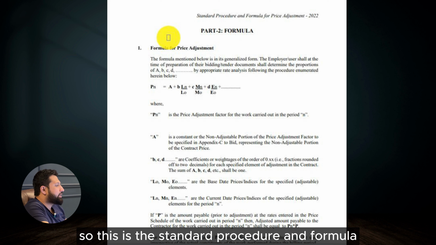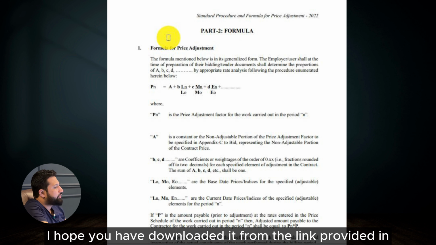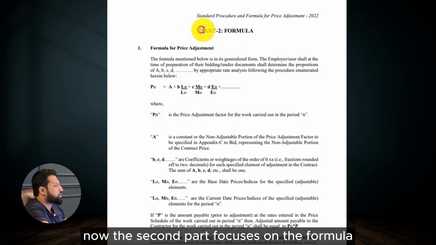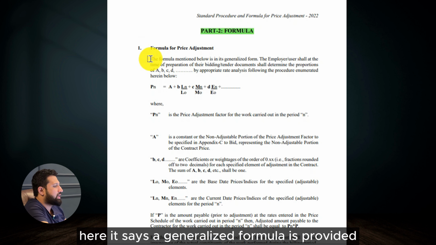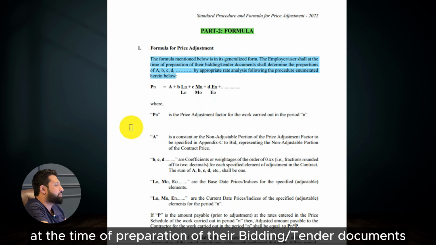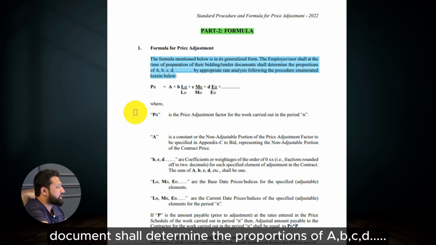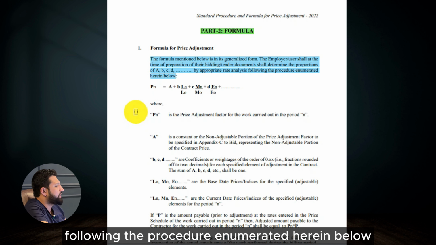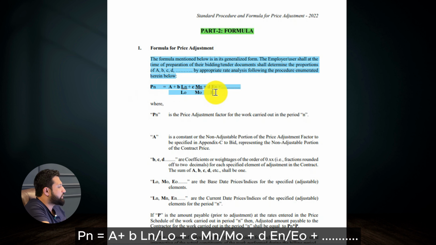So this is the standard procedure and formula. I hope you have downloaded it from the link provided in the description of my second video of this series. Now the second part focuses on the formula. Here it says a generalized formula is provided and the employer or user shall, at the time of preparation of their bidding tender document, determine the proportions of A, B, C, D by appropriate rate analysis following the procedure enumerated herein below. Pn is equal to A plus B into Ln by Lo plus C into Mn by Mo